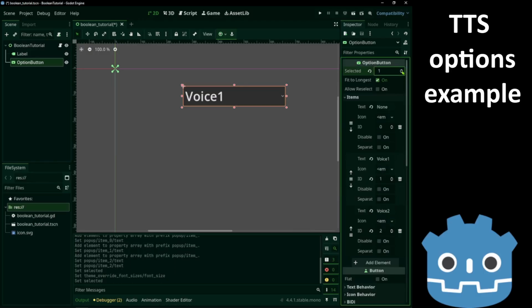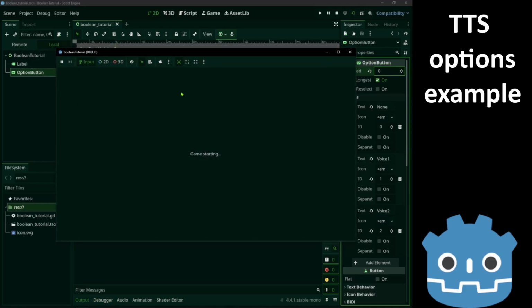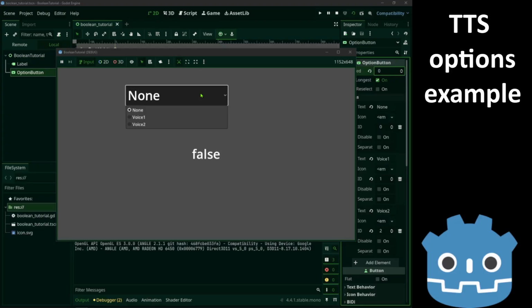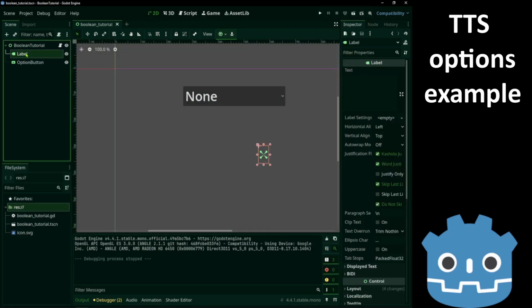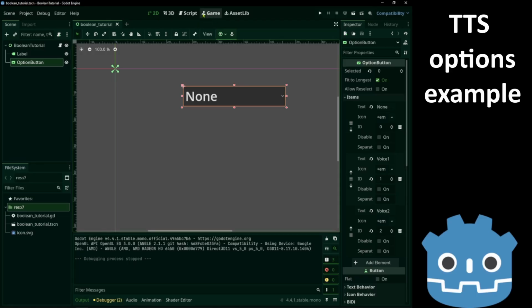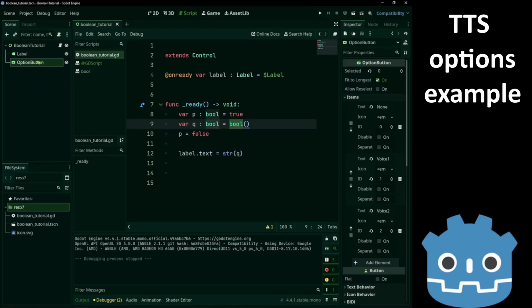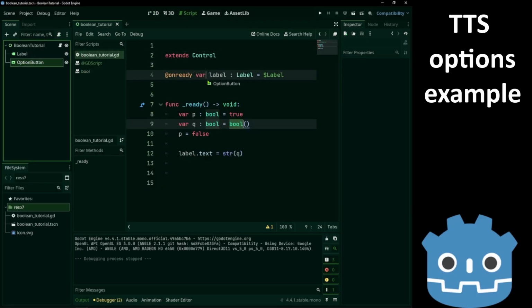Okay, now we can go through our options. We can click on it and pick one. Okay, let's drop the button as well. Control click drag.